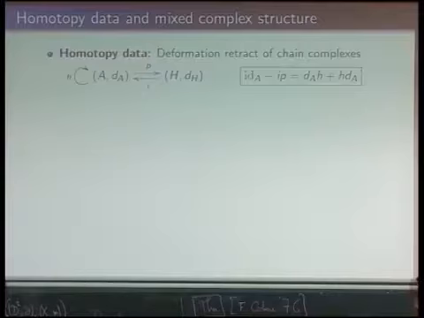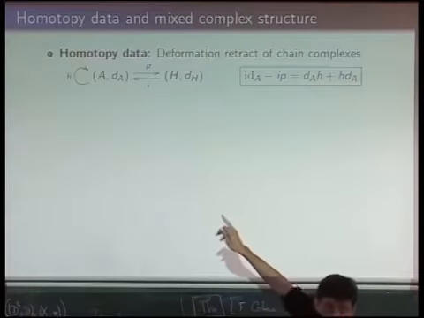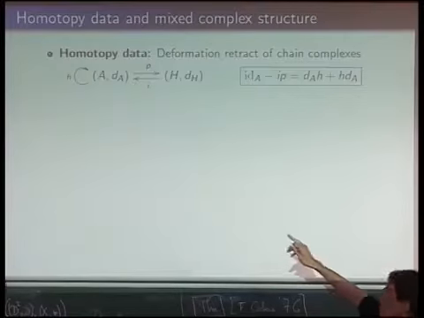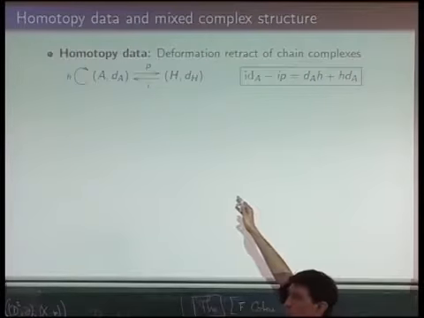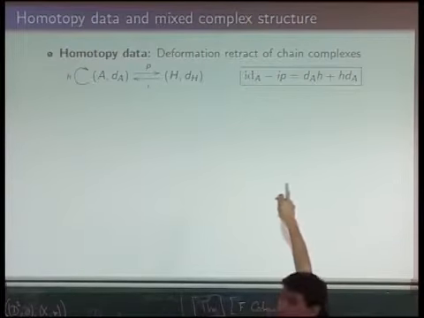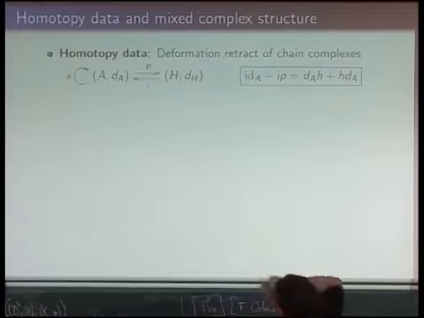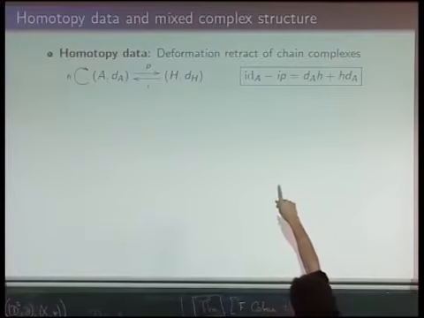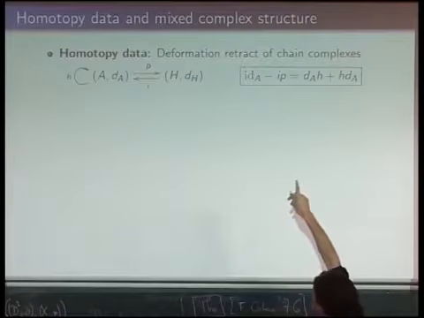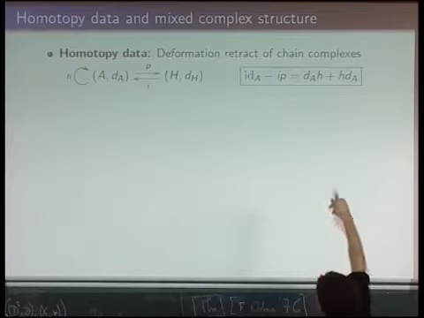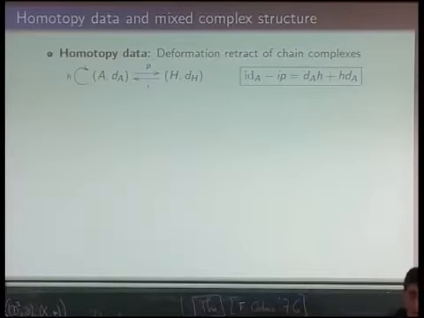What about homotopy? Does algebra mix well with homotopy theory? In homotopy theory, we do not necessarily have isomorphisms. We have homotopy equivalences, okay? So for instance, a deformation retract. Here it's a weaker notion. You see, the composite of P with I is not the identity of A, it's just homotopic to the identity of A. And this will somehow break the strict relations.